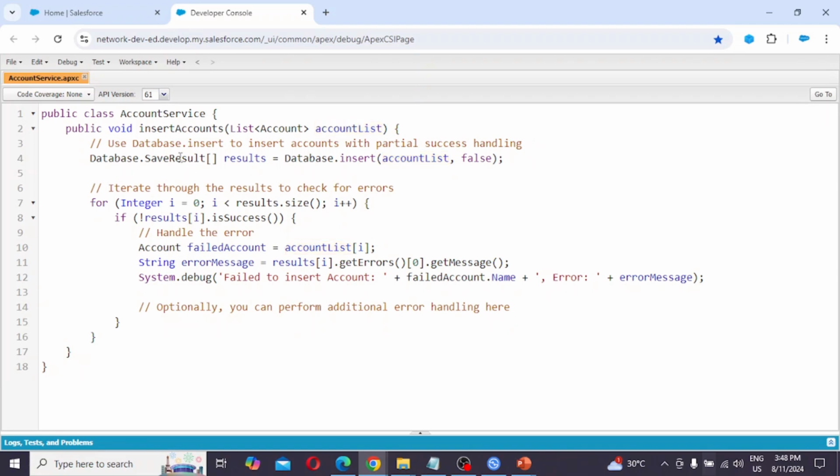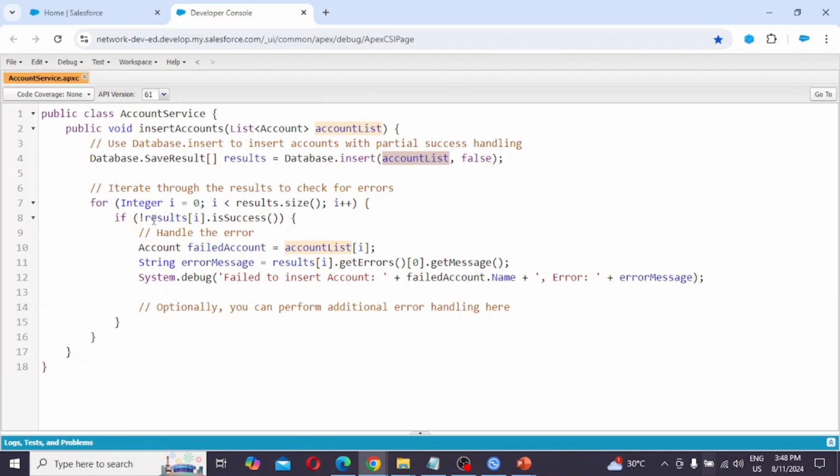So Database.SaveResult, creating a variable results equals Database.insert(accountList, false). We are passing false. Iterate through the results to check for errors.